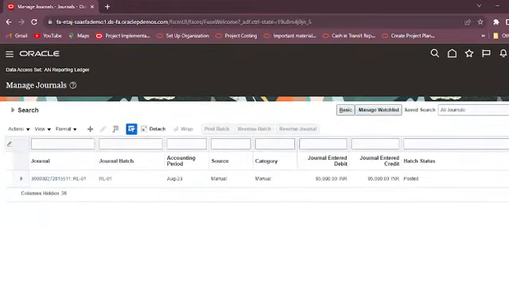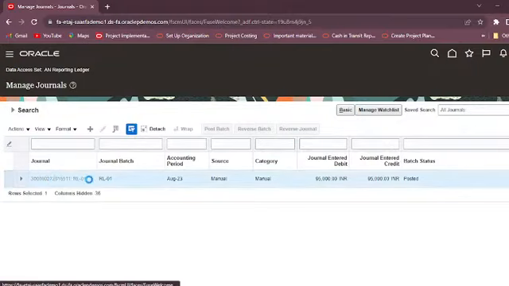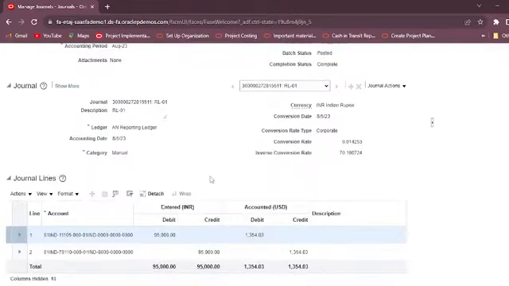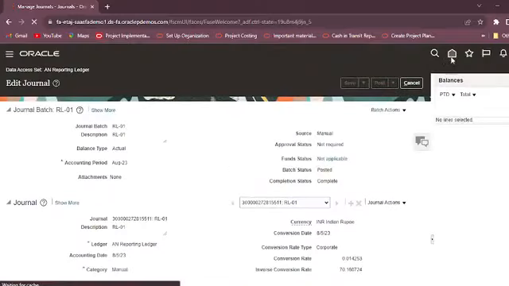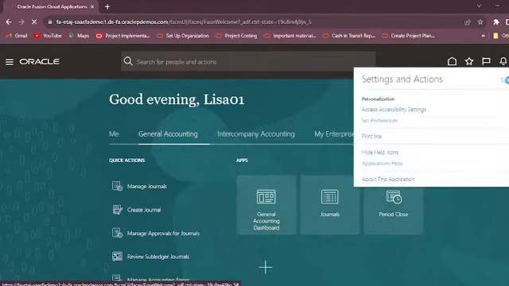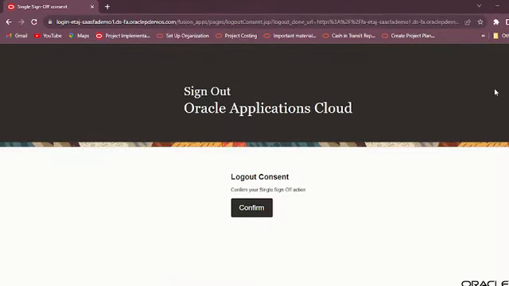And this was the user that we created for this reporting ledger purpose, and we have provided data access to this user at reporting ledger level. You can see we created the journal with the user who has access to our Indian primary ledger, but this user can also have access to this journal that was created in the INR but reported in the USD currency. So this was the main purpose of creating the reporting ledger. Now we will see our next task, that is creating the secondary ledger.